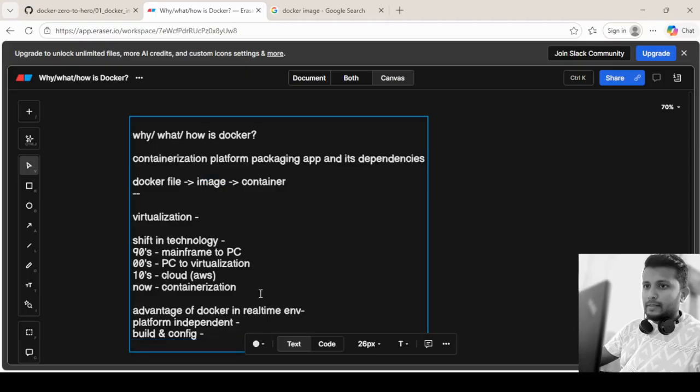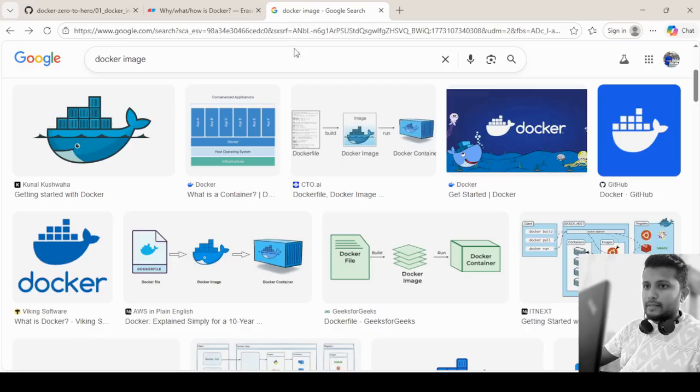And isolation. If you see this Docker image, assume this ship has one base computer, and over that we have containers. Let's say this is the Facebook application, and over that we have a login container, admin container, some advertisement container.